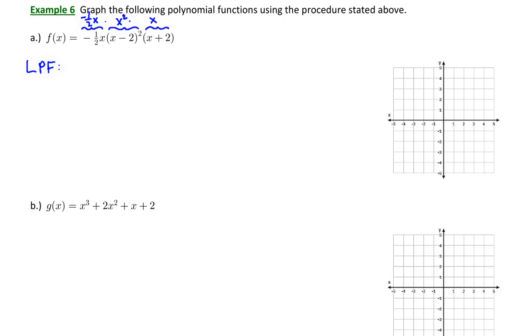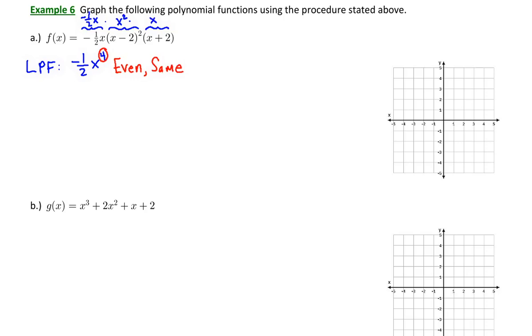So if I multiply straight across those factors, we're going to discover what our leading power function would be. In this case, it would be negative 1/2 x to the 4th. Notice that is even degree. As we learned previously, even degree has the same end behavior. So this end behavior is going to resemble the smallest even power function that we can think of, which is